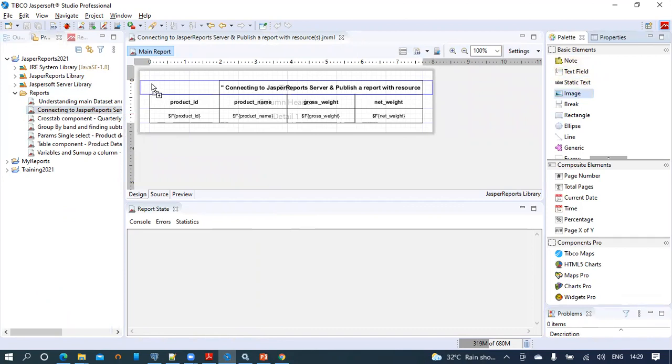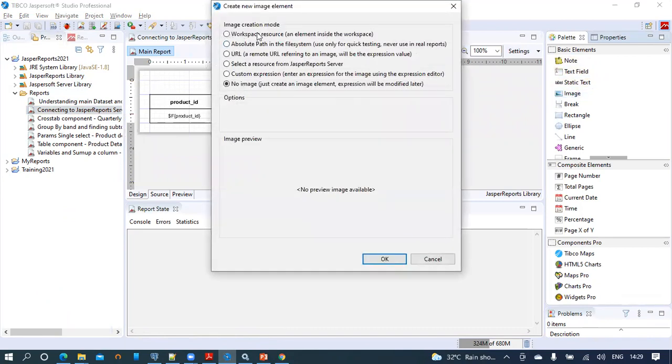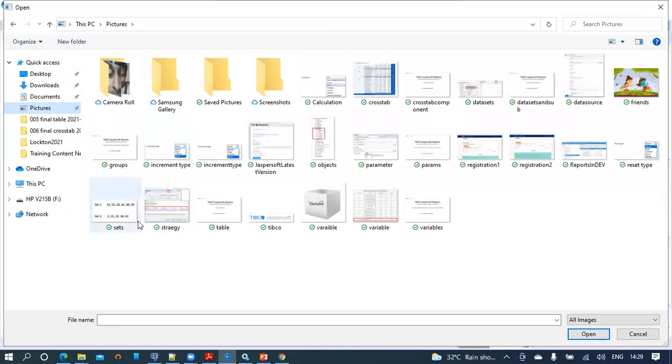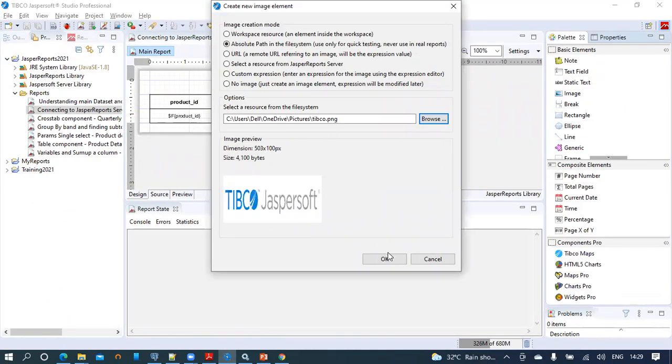Let's take an image as a resource to the report. So from the palette, drag and drop the image element onto the title band and select the TIBCO image from the absolute path. Click on the browse button to select the image from the pictures folder here. I have it here as TIBCO, then click OK.